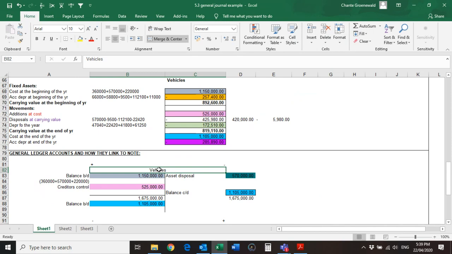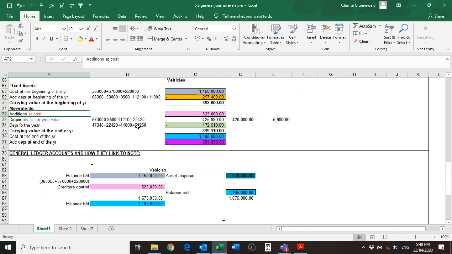So my historic cost principle, another principle you should remember, tells me, listen here, you always have to show your non-current assets based on the cost price, the historic value that you bought it for, right? So additions has to be at cost. Why? Because we are following the historic cost principle. We have to show in our accounting books that it is at the value that I bought it for.